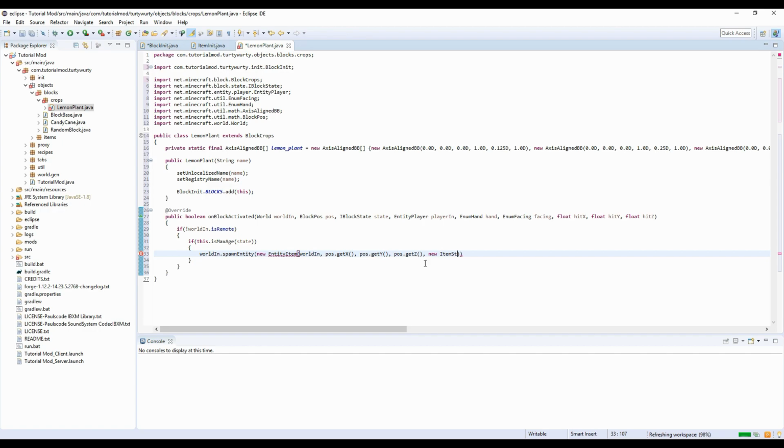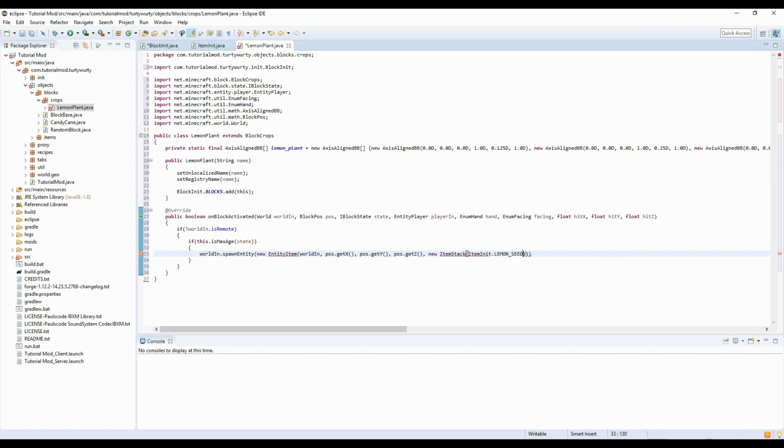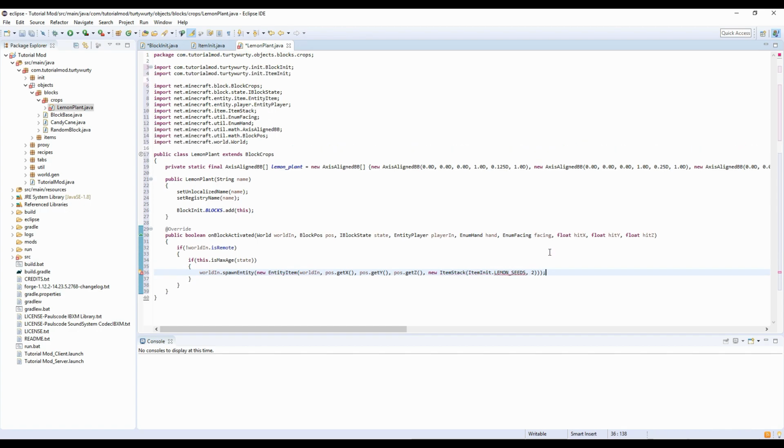So this is declaring what the item actually is. So it's going to be new ItemStack of ItemInit.LEMON_SEEDS, which we obviously don't have yet, and we're going to say 2. At the end, put a semicolon, import ItemInit, ItemStack and EntityItem,